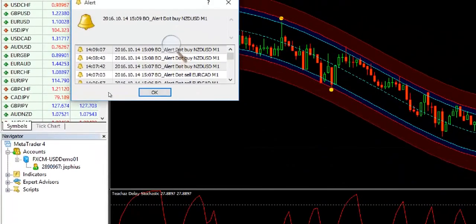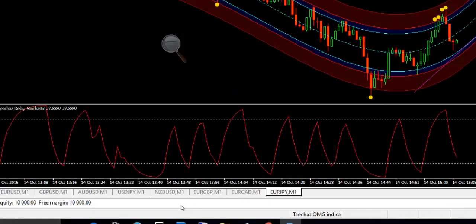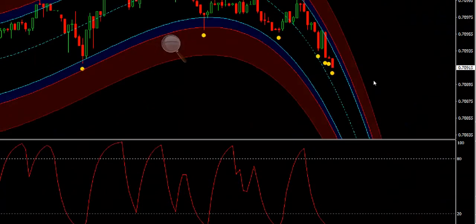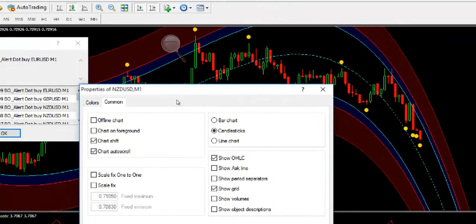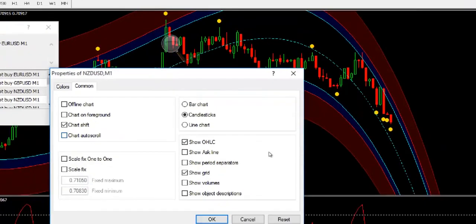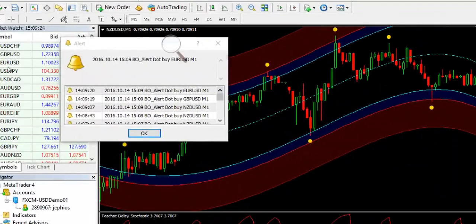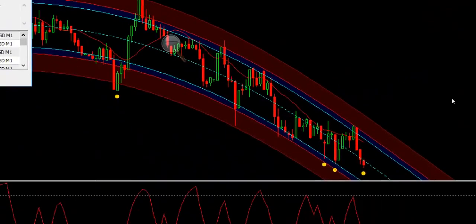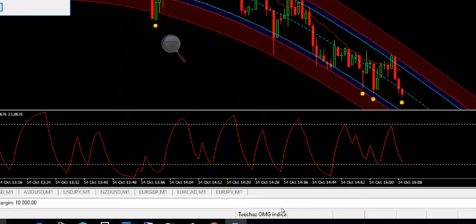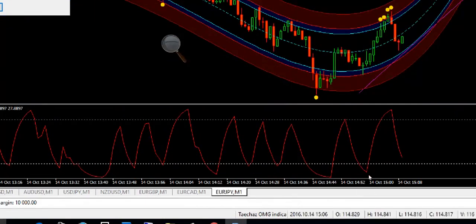So I advise you guys, when you see the signals, like in this case, this one is going down, but the signal is saying it's going to go up. These signals do not necessarily just come like this. In most cases, they are very accurate. If you check the previous trades here, Euro USD, let me just quickly check this one. This one is the same. So what I'm saying here, guys,